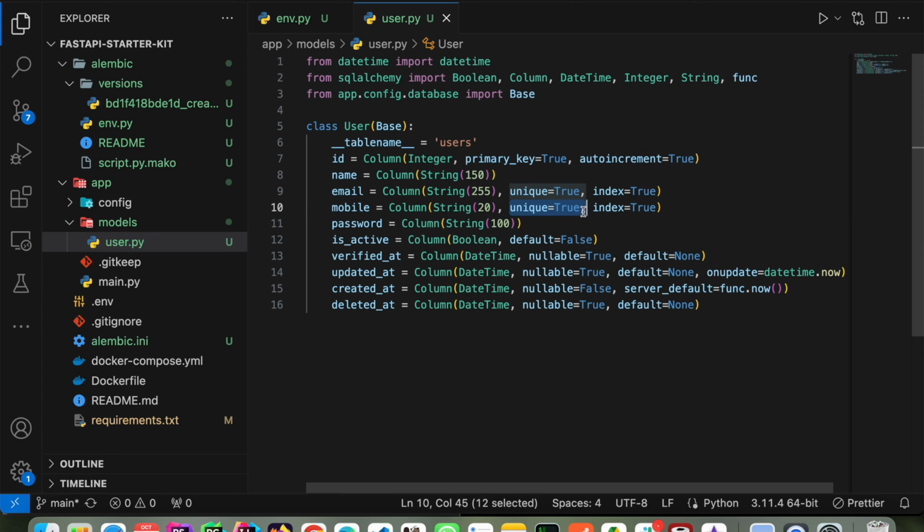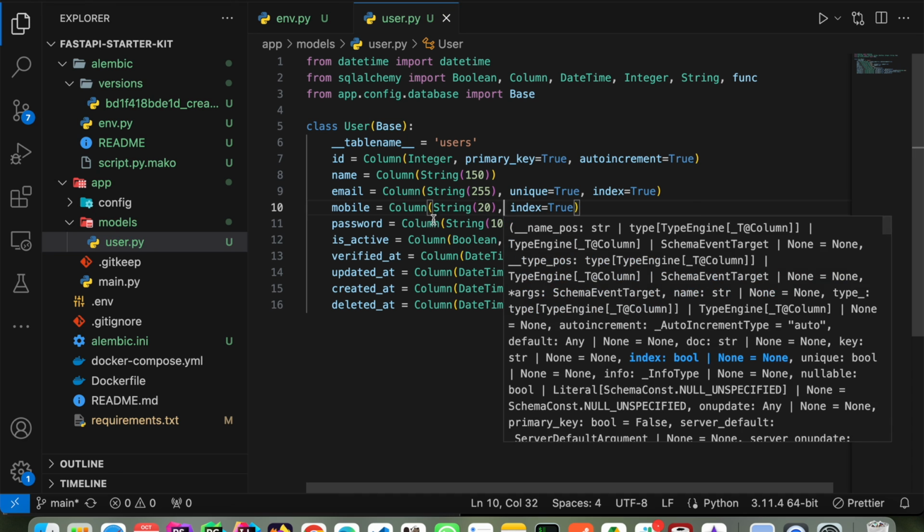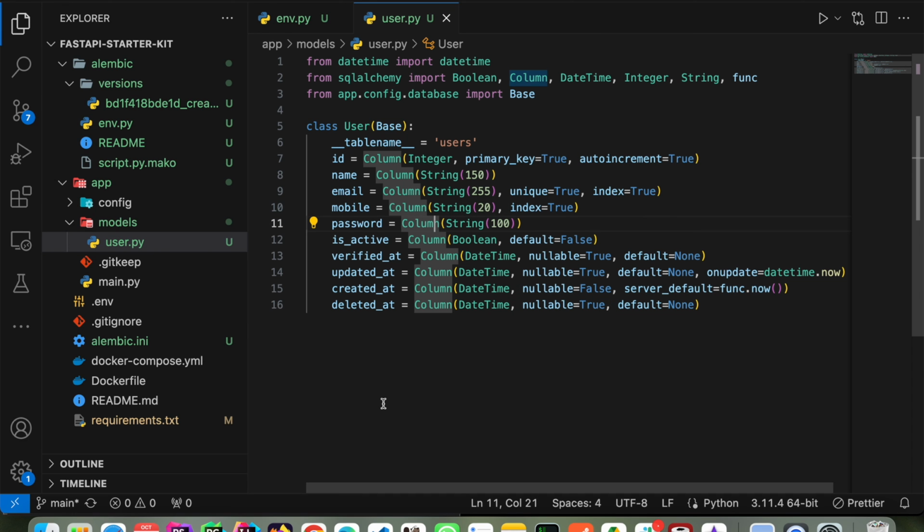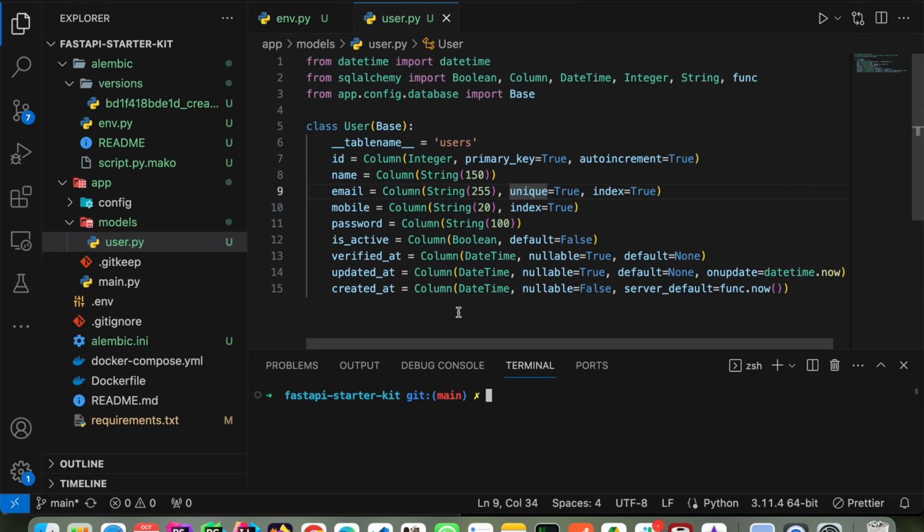Okay, let's remove the unique attribute here. It's up to you if you want to keep it. I will just remove it. So we have added our mobile column here, and just now I remembered that I did not need this deleted_at column. So if you want to remove a column, you can also remove it from here and save this model. And if we go to our terminal again, we run docker compose run fastapi service